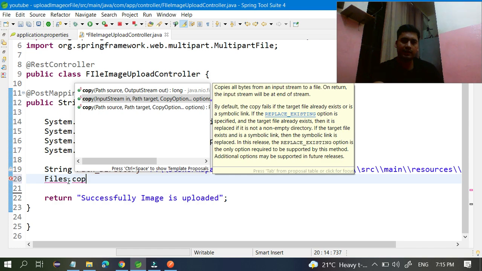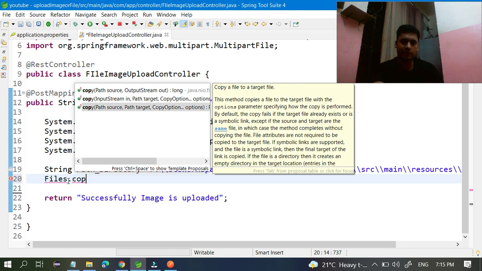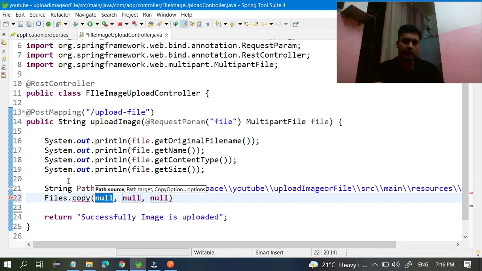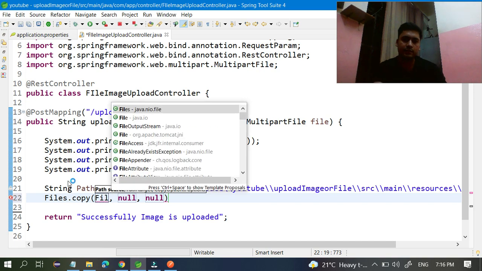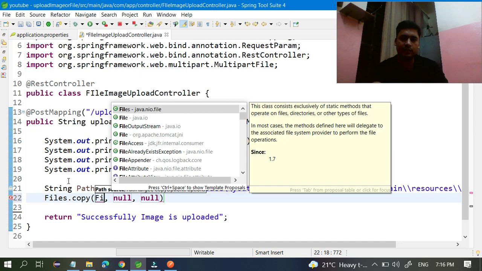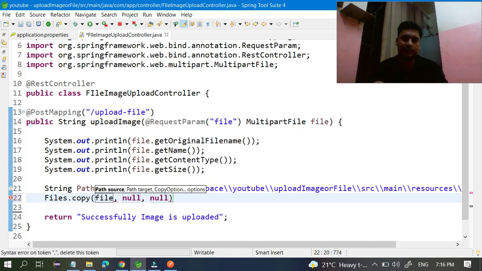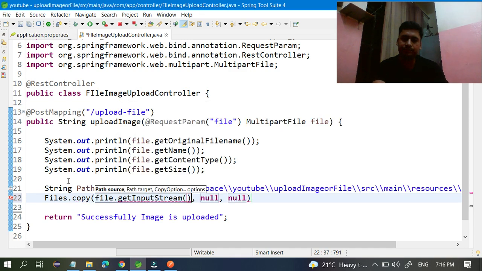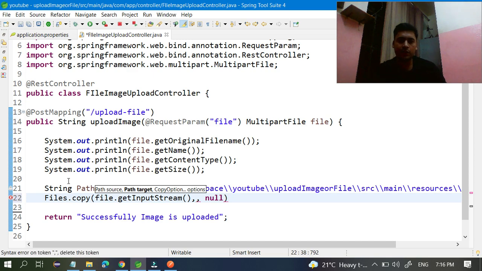Take this one, copy, and inside copy you can give the input stream of whatever file you got, file dot getInputStream. And for the next parameter, call Paths dot get, and here you can pass your directory.